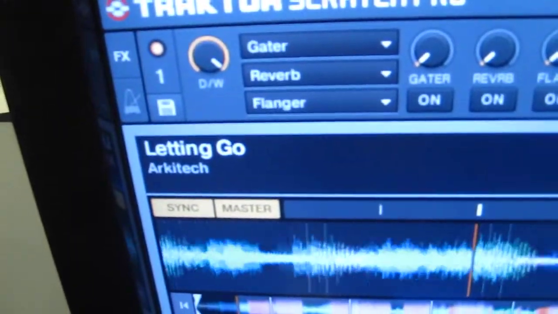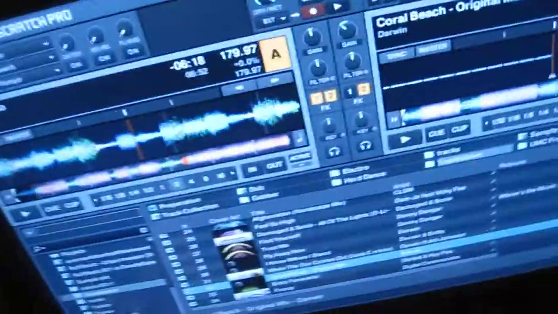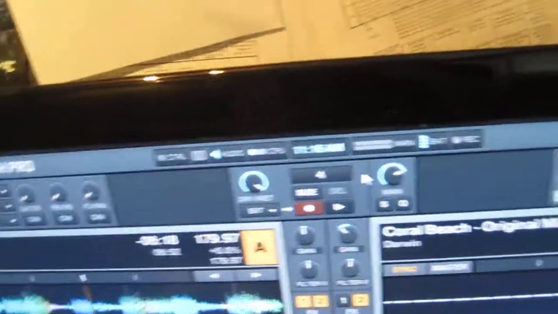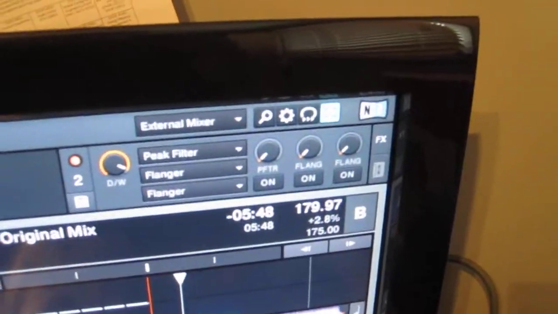So the way sync works is, right now this one's synced, and if I play it, it becomes the master track. And because it's not the one, and it's not playing now, it's in the master track. Now if I was to press sync on the other deck, they're both synced up. So you can see they're both at 179.97. Now if I was to play this and make it the master, then